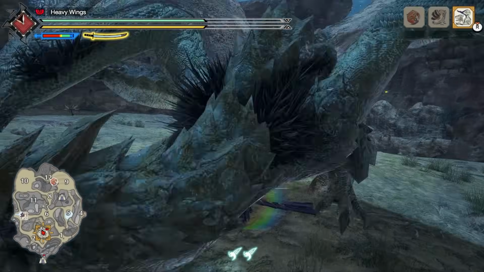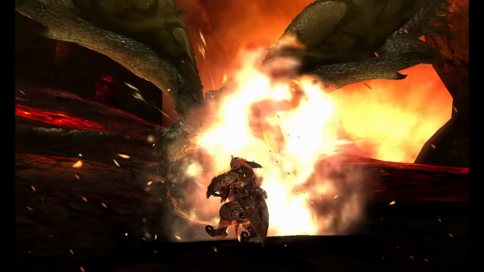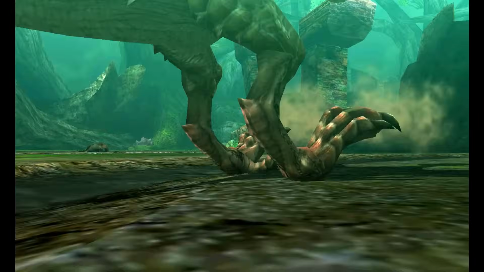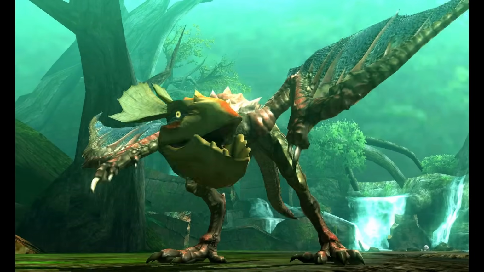This is actually a problem I had with base Monster Hunter Rise. 4's inclusion of subspecies really helps add to the game's content without feeling like artificial padding. Speaking of avoiding padding, Monster Hunter 4 also does this by locking certain monsters behind expeditions, but we will get